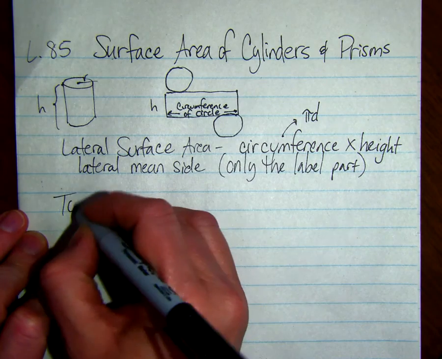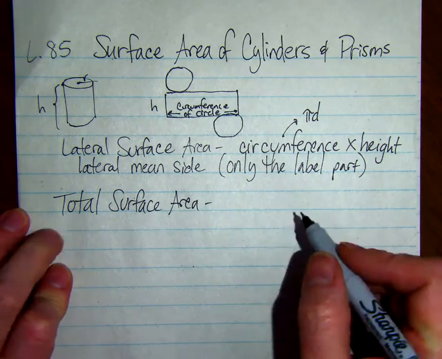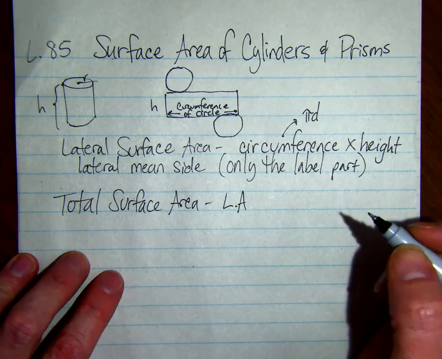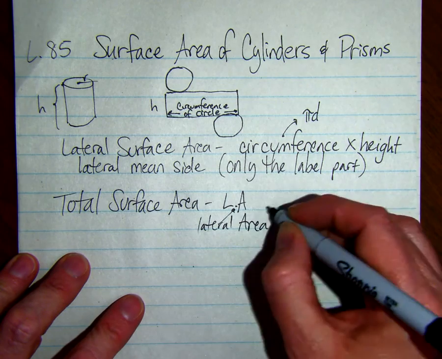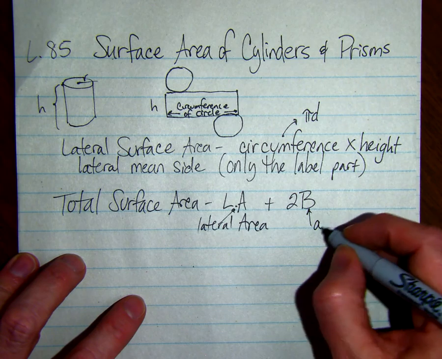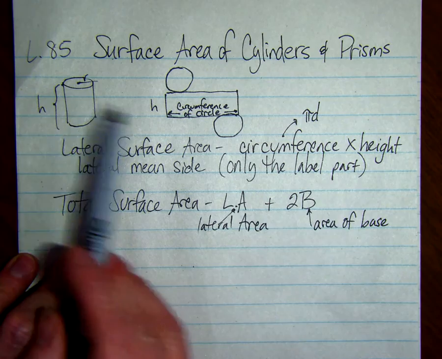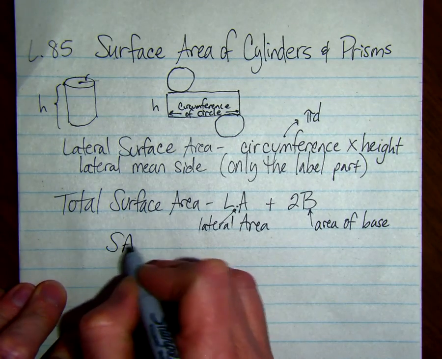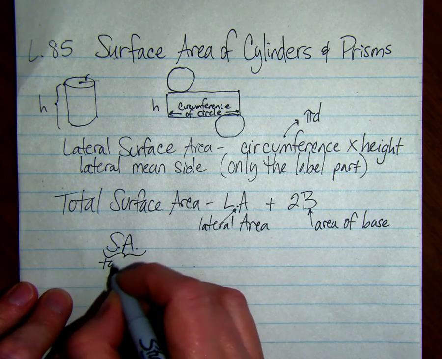So the total surface area, we're going to take our lateral surface area, which we can just call LA for lateral area, and we're going to add 2 times the area of the base. So this capital B means area of the base, and now a base on a cylinder is the circle, so it's going to be pi r squared. So if I wanted to find the total surface area of a cylinder, we call that SA, that just means total